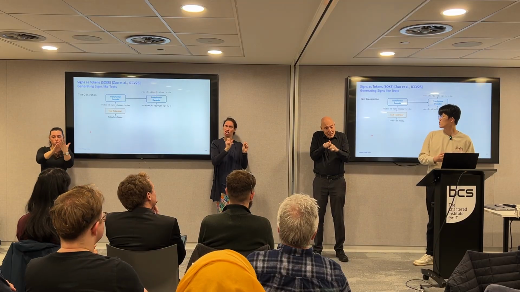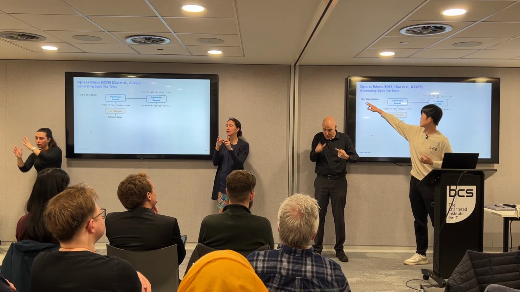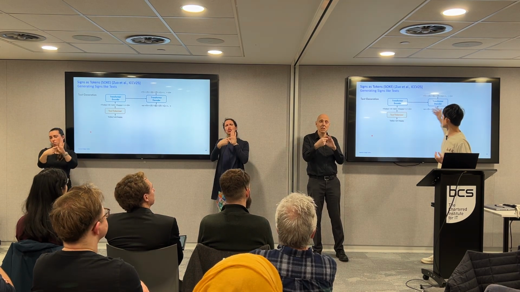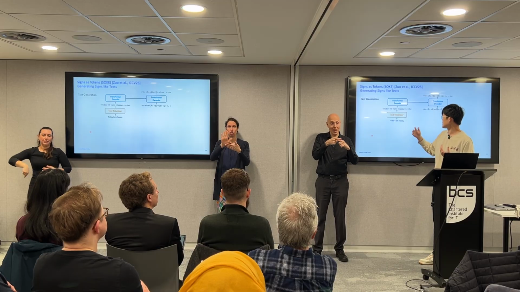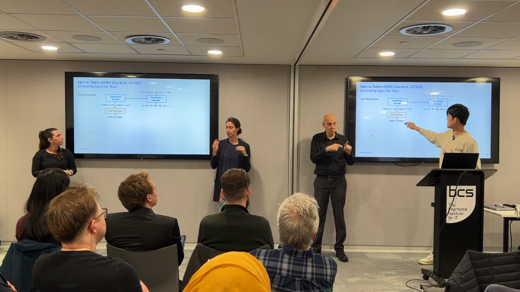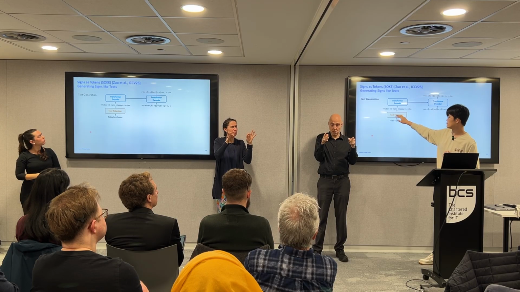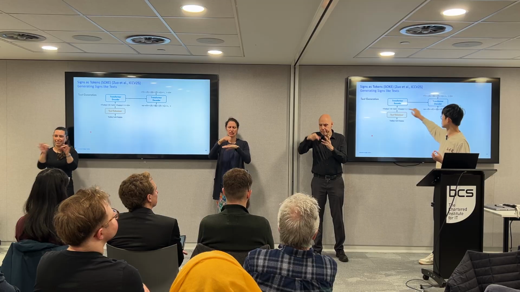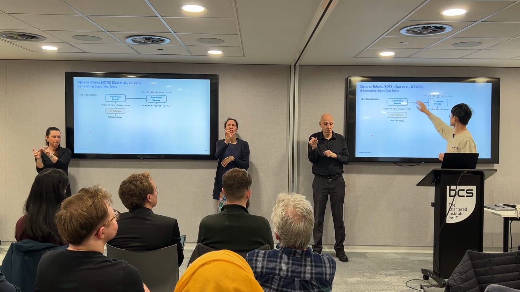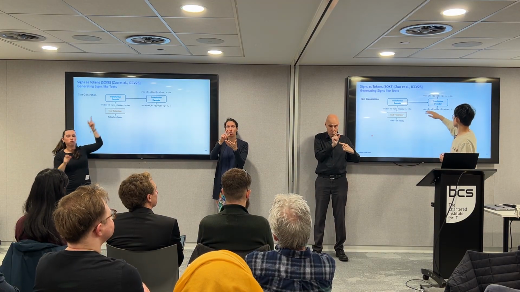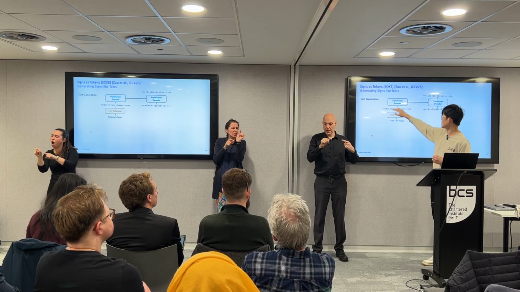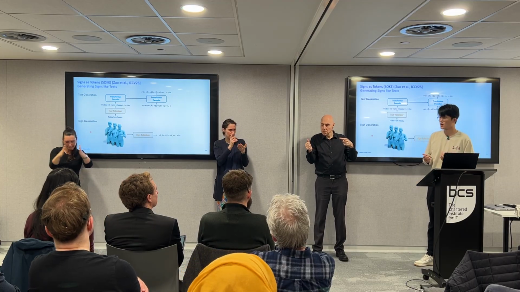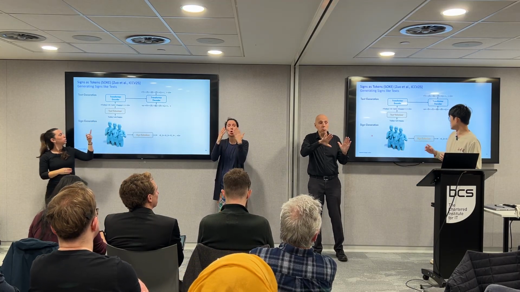To achieve this goal, let me first revisit the framework of text generation. I will use an example of English to Chinese translation. Generally, we first have a sentence of English, and then we have a text tokenizer to split the English text into a sequence of tokens. After that, the transformer will predict the Chinese tokens one by one, conditioned on the English tokens. So when it comes to sign generation, the question is